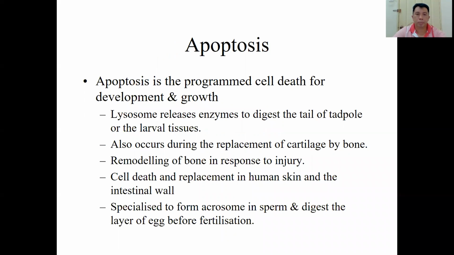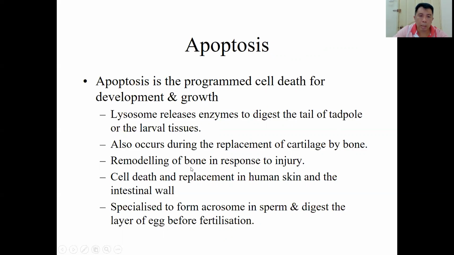Apoptosis is the programmed cell death for development and growth. Lysosomes release enzymes to digest the tail of the tadpole or the larval tissue during metamorphosis. It also occurs during the replacement of cartilage by bone. From the embryo to fetus, the fetus has cartilage instead of bone. Then when they become a baby and growth occurs, some of the cartilage is